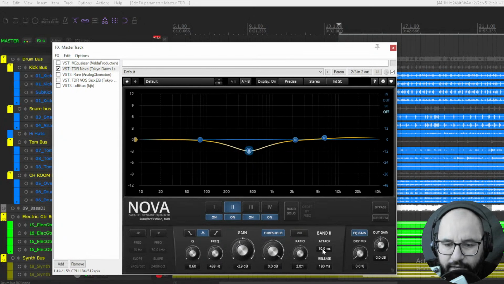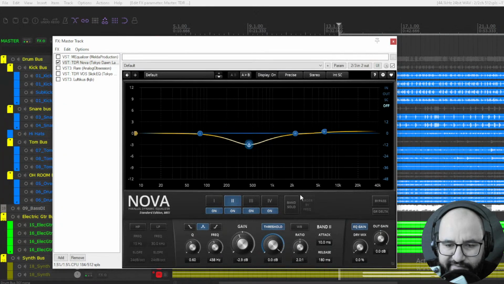You have ratio, you have attack and release, so a lot of control, even more than the FabFilter Pro Q3, because the FabFilter has only threshold, I believe, and you move the threshold, but you don't have attack and release, or ratio, stuff like that. So super cool, amazing stuff.